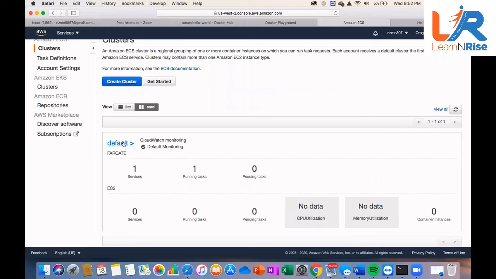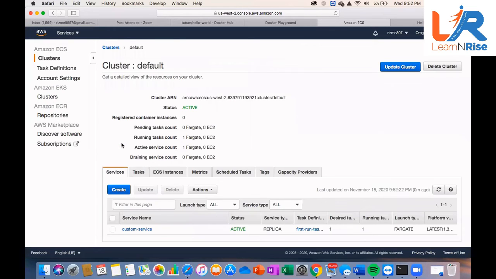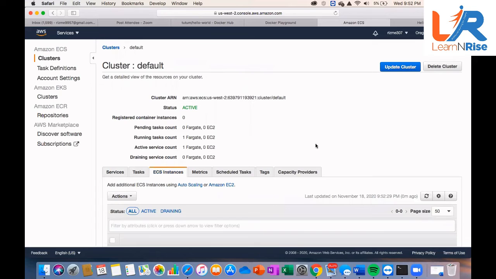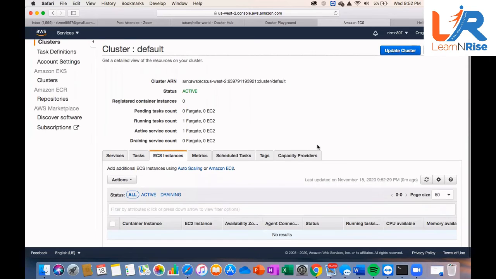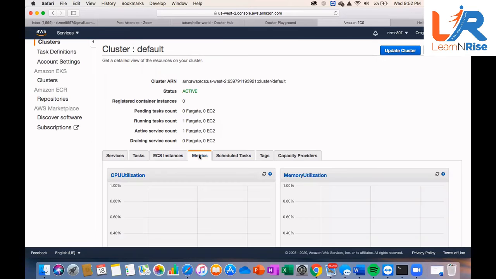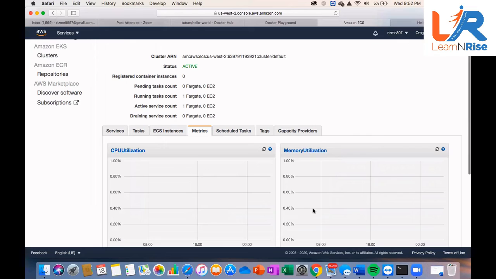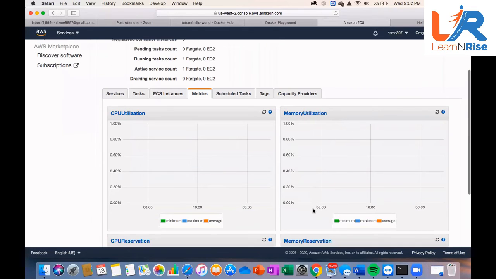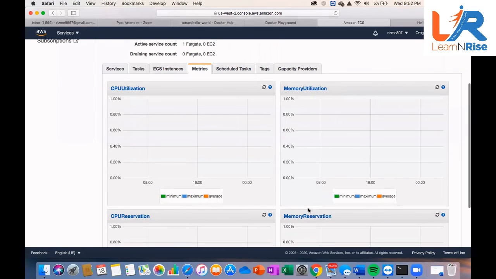So this is how the whole container is going to work. You have a task, you see an EC2 instance, and then you have different kinds of metrics, how much utilization you are getting, which is not possible when you are running a container within a Docker playground.